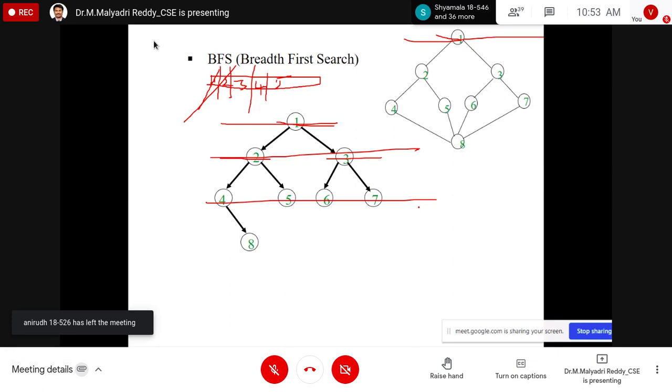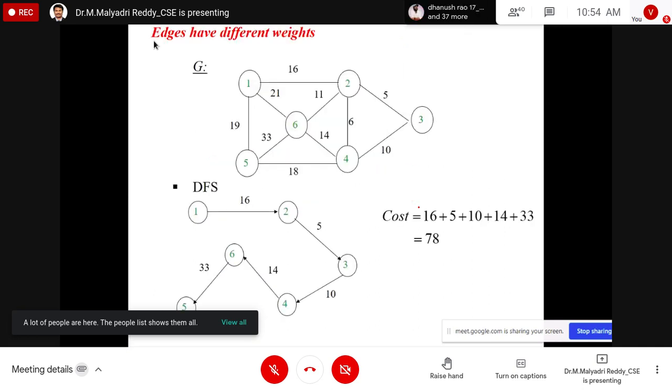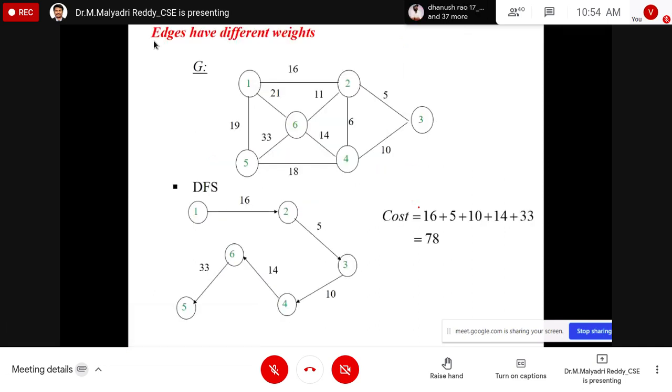Yeah, but some drawbacks are there in this one. Every time we are unable to get the minimum cost to visit all vertices. To overcome that problem, we have to use the minimum cost spanning tree. Check one more example and you will definitely get clarity on these statements. Check this one for weighted graphs.